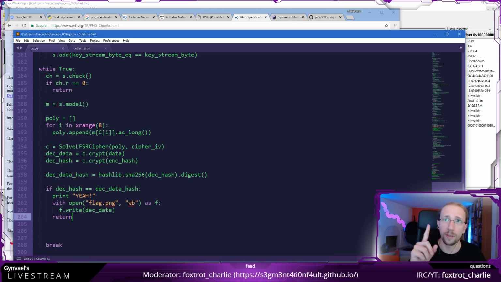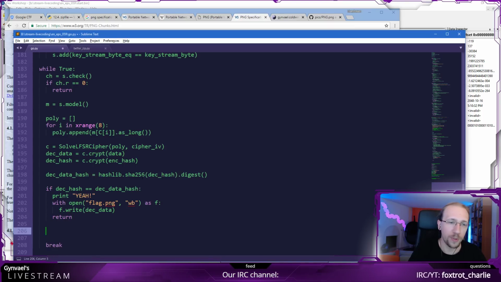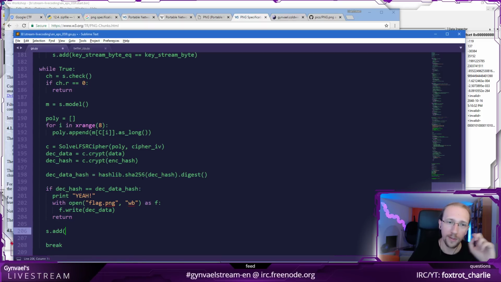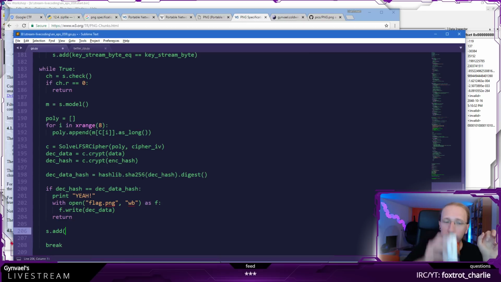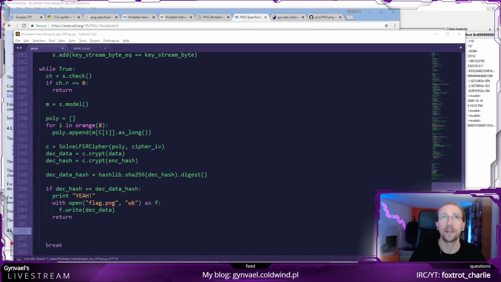So there are more than one solution which will work. Otherwise what we do, we actually add to our solver another constraint. But let's run it. But the constraint which we will add is basically the solution has to be different.